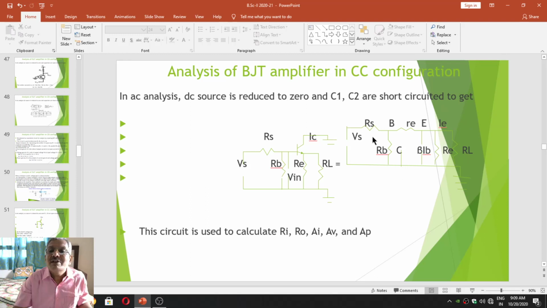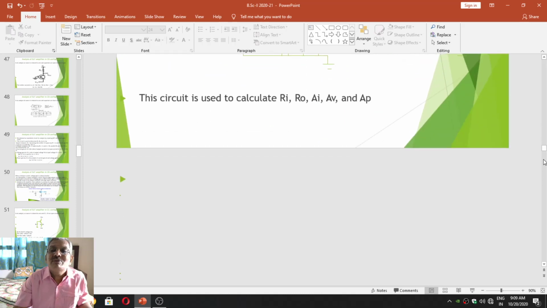Base current is the input current, VI is the input voltage, VO is the output voltage which is taken across the load resistance RL. IE is the current that flows through the emitter terminal across which we are going to take the output. From this equivalent diagram, we are going to calculate input resistance Ri, output resistance Ro, current gain Ai, voltage gain Av and the power gain Ap. So just to proceed for that,